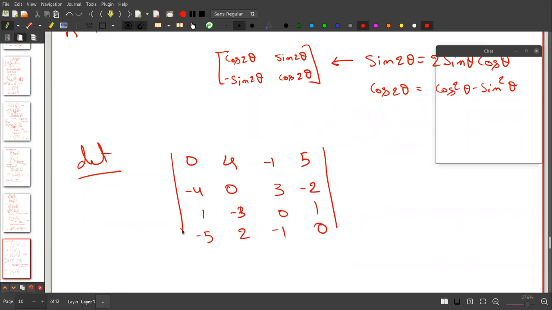Can you calculate 4 by 4? I mean 3 by 3 you know, 2 by 2 you know. All you have to do is make something 0, and from there you write minus and cofactor. That will be a 3 by 3 here because the matrix is 4 by 4. Then from that 3 by 3 you do something and make it 2 by 2 and then calculate it. So it can be a bit lengthy.